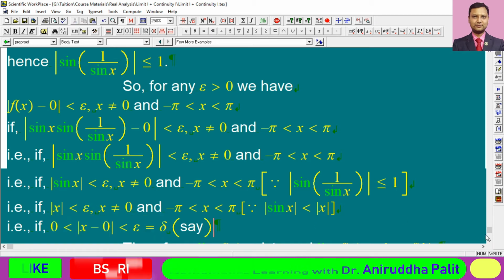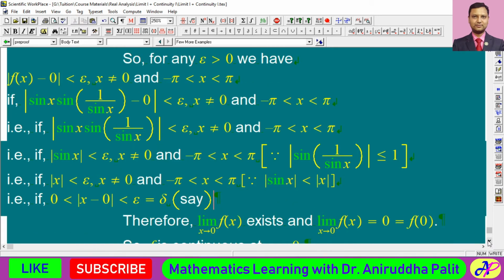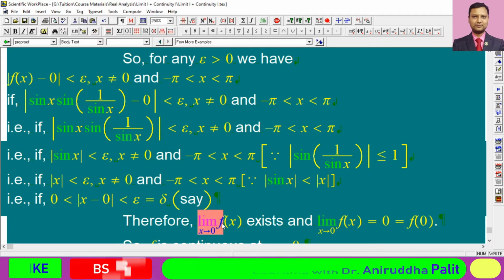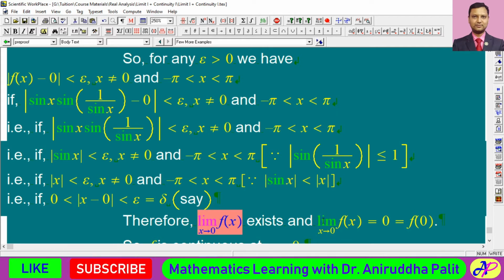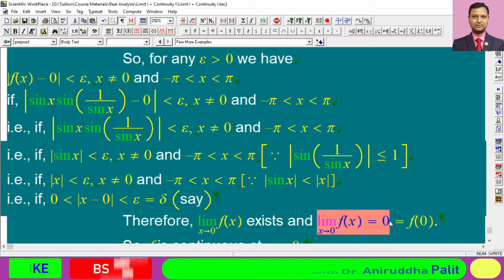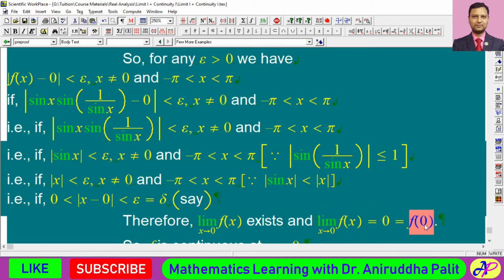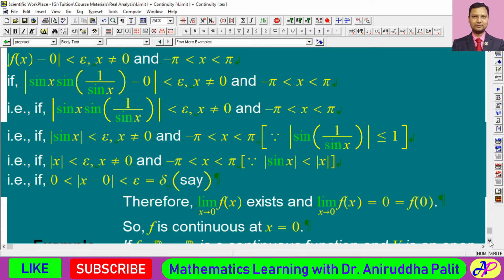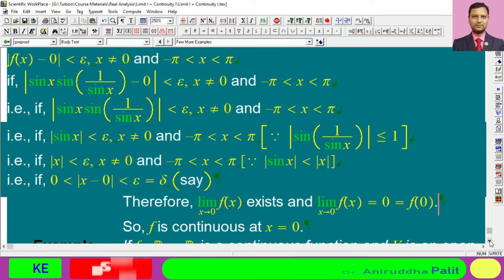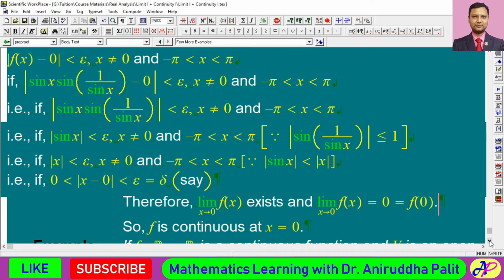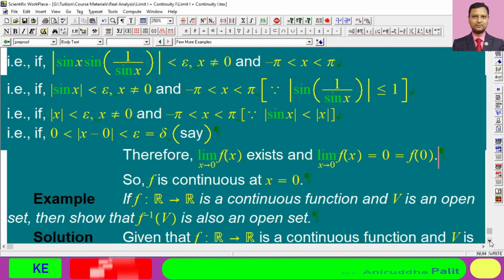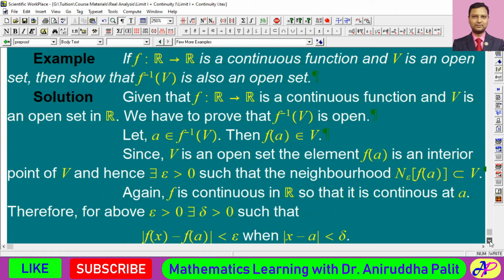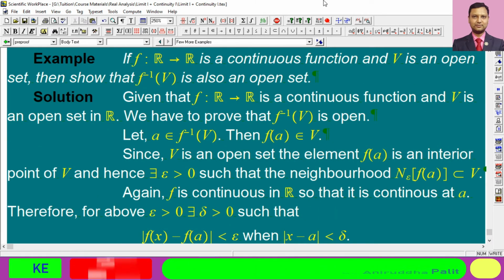So এখান থেকে আমরা লিমিটের এক্সিস্টেন্সের এপসিলন ডেল্টা ডেফিনিশন দিয়ে লিমিটের এক্সিস্টেন্সটা আমরা প্রুফ করতে পারছি। therefore আমরা বলতে পারি that limit x tending to 0 f of x exists and this limit becomes is equal to 0 and 0 is nothing but is equal to f of 0. So we can conclude that the function f is continuous at the point x is equal to 0. তো এইভাবে আমরা ফাংশনটা কন্টিনিউইটি এস্টাবলিশ করতে পারবো।